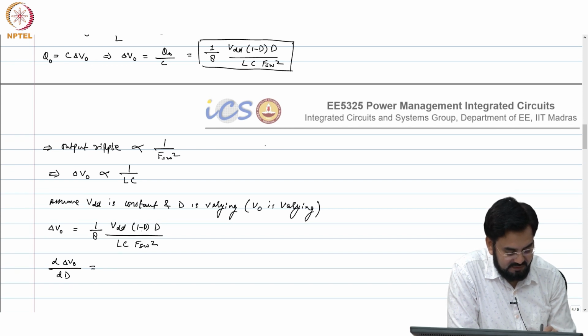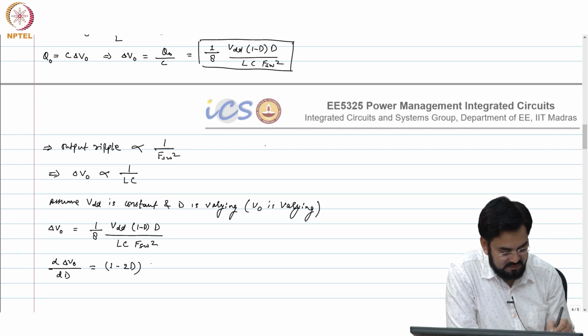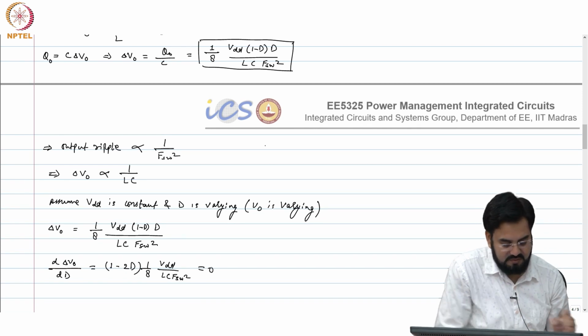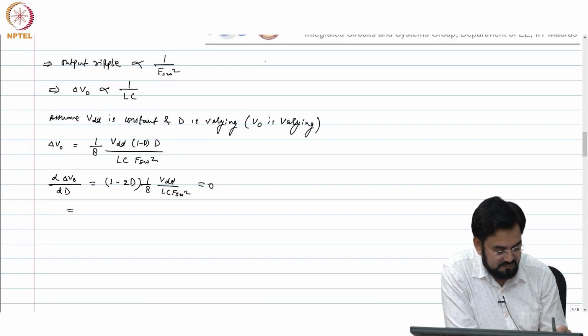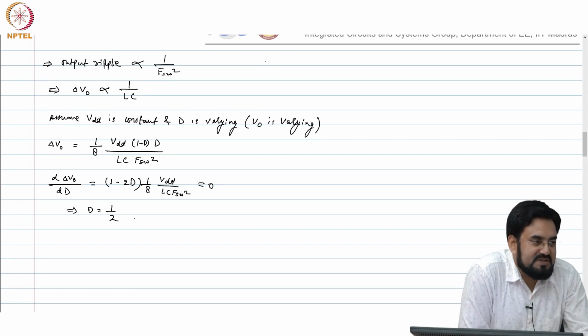So, you will have 1 minus 2D multiplied by 1 by 8 VDD over, equal to 0. Okay. This implies, so at 50% duty cycle